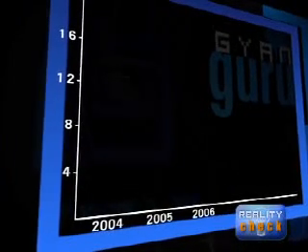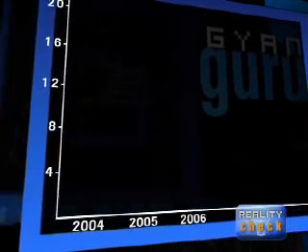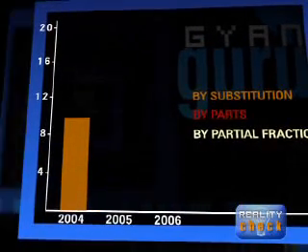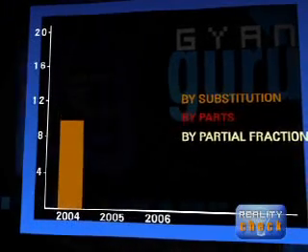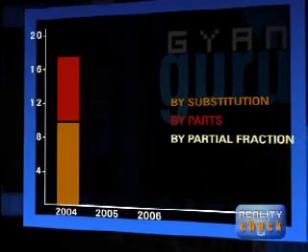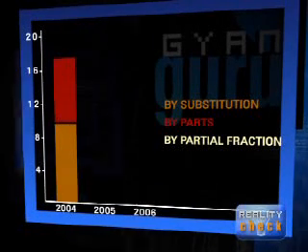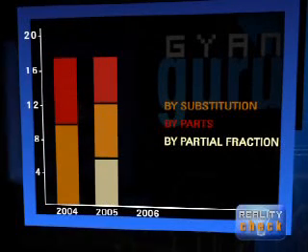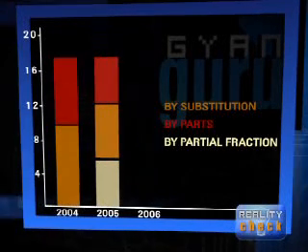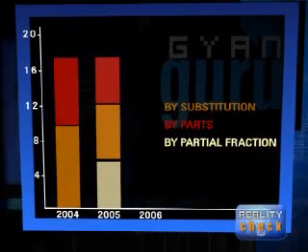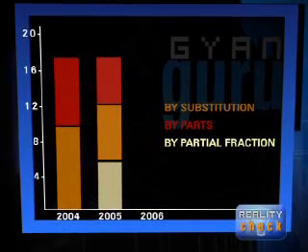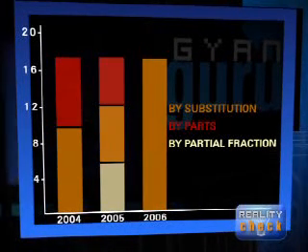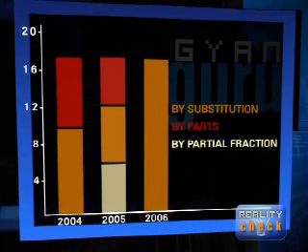Now, a closer look at the last 3 years, 2004, 2005 and 2006. 2004 saw 60% of integration problems from integration by substitution and 40% from integration by parts. 2005 was a healthy mix between all major concepts. Integration by partial fractions accounted for 35%. Integration by substitution accounted for 45%. And integration by parts garnered 18%. In 2006, all problems involved integration by substitution.